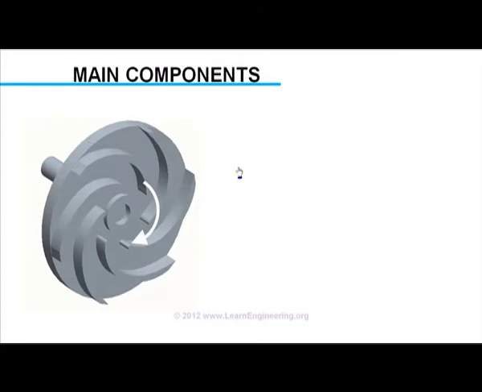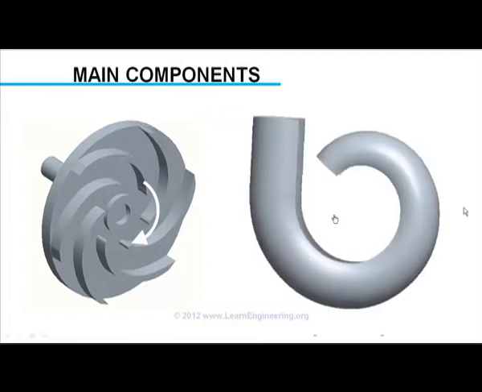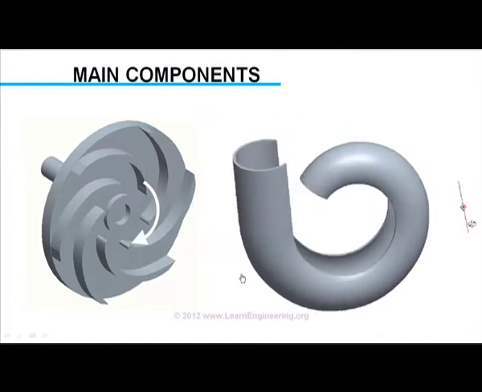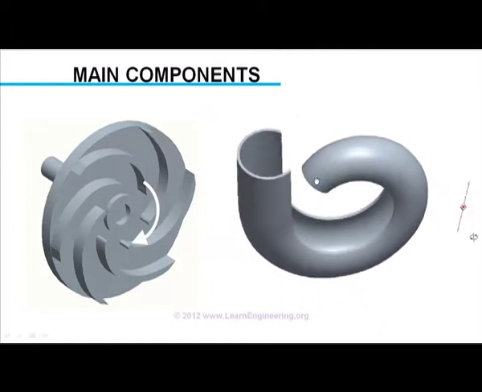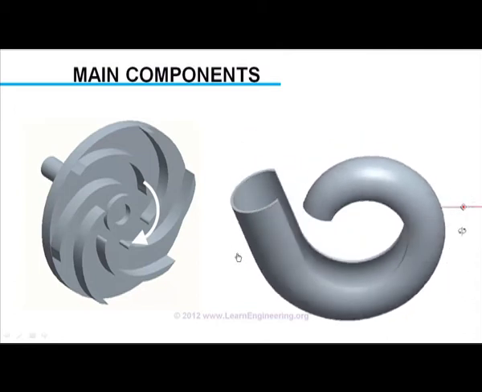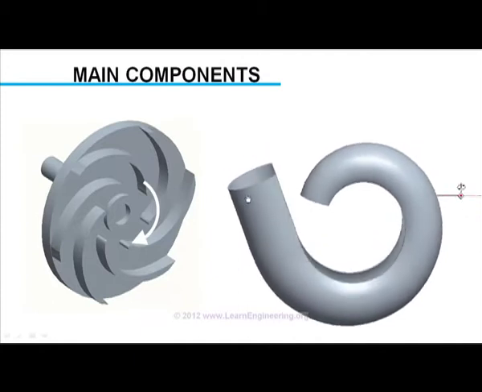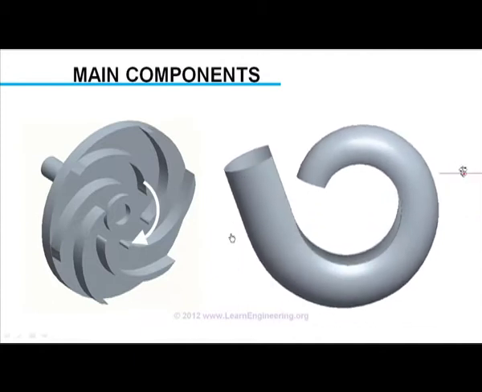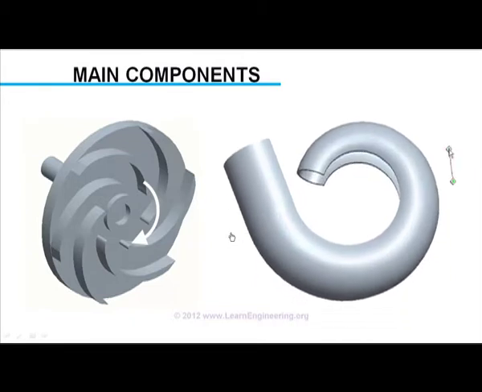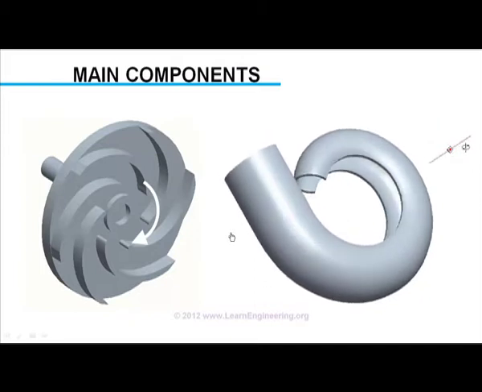The next component is the casing, which collects fluid from the impeller in an efficient way. The casing has a special shape, with the area of cross-section increasing from inlet to outlet. As the impeller ejects fluid throughout the casing, along the length of the casing the mass flow rate increases. But the increasing area of the casing helps in maintaining almost the same velocity. Thus the volute-shaped casing helps in converting the dynamic part of fluid energy to static part.